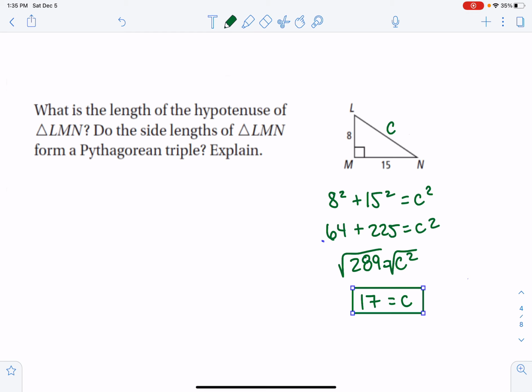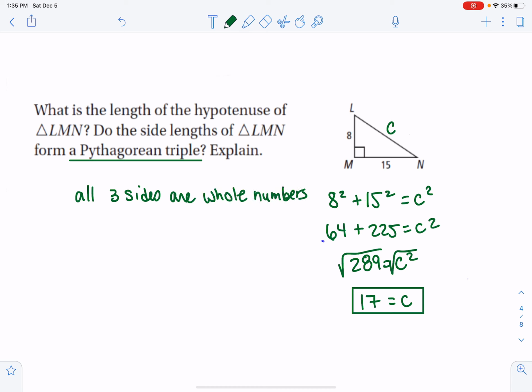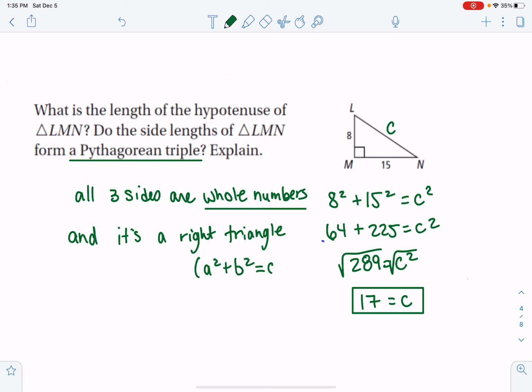But they did ask us a second question. They said, do they form a Pythagorean triple? So that's a new term I don't think we've heard. A Pythagorean triple is when all three sides are whole numbers and it's a right triangle. So a squared plus b squared equals c squared works. So this is a Pythagorean triple